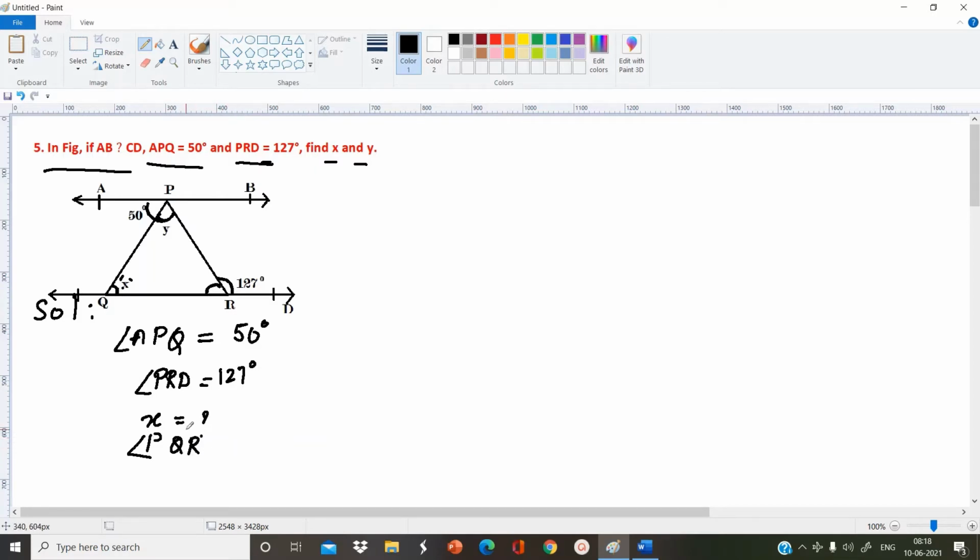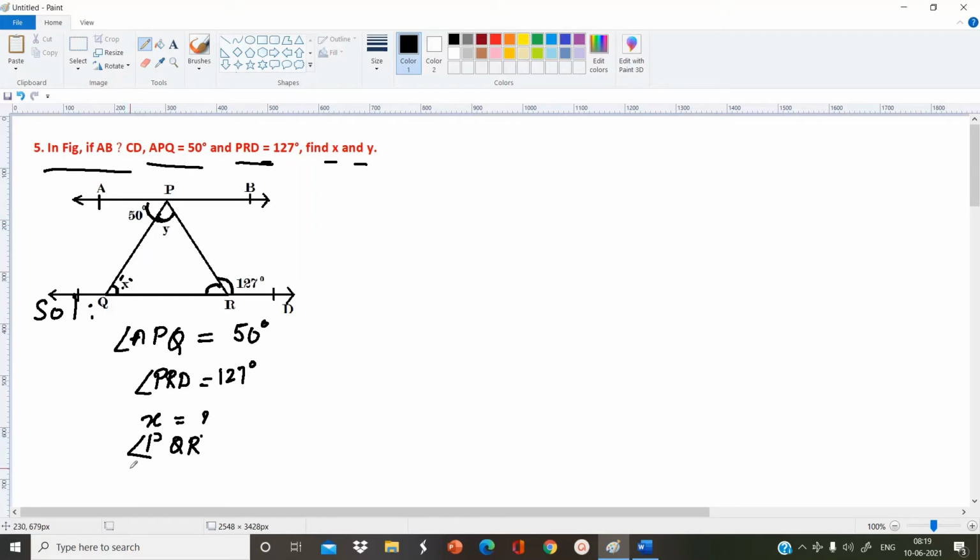And once come to the picture again. So what we have? Angle APQ value we have. Look at the figure. If we look at the picture, AB line and CD line, both are parallel lines, and we can see here PQ line is intersecting these two lines. So from this we can say PQ is a transversal line. So PQ is which line? Transversal line.